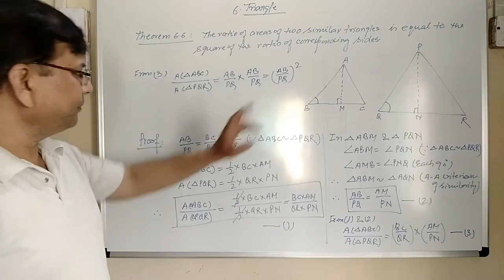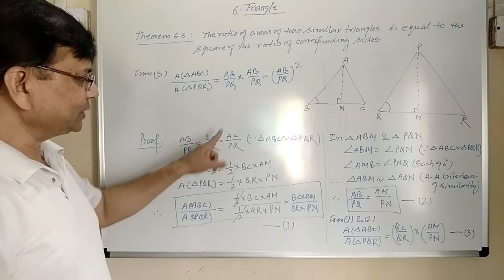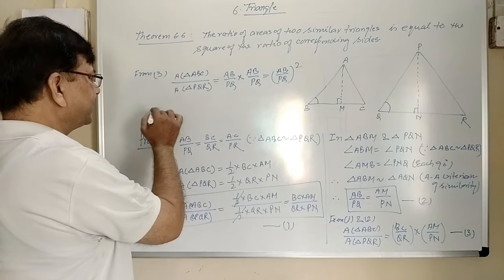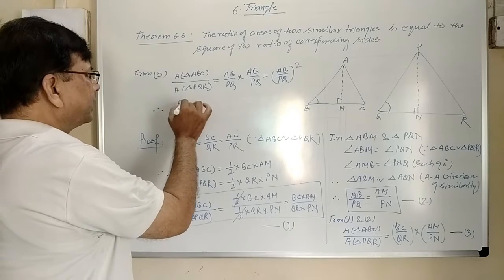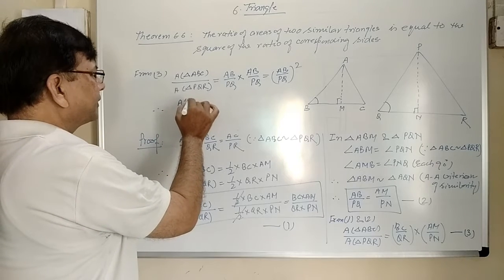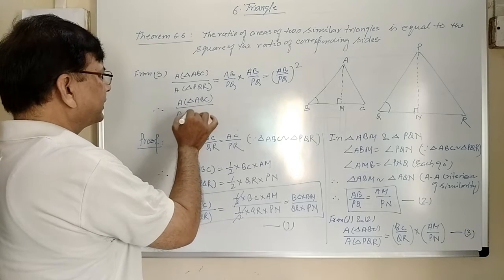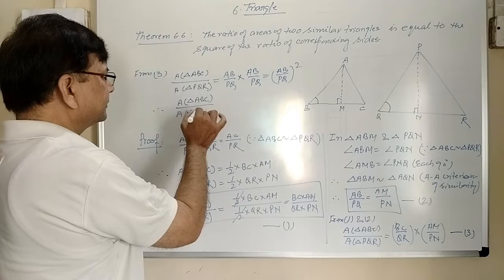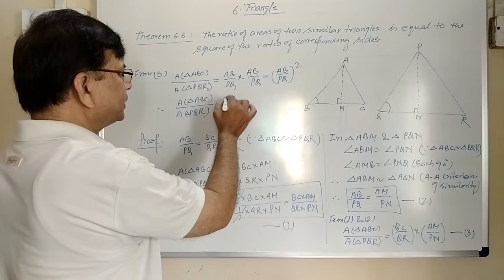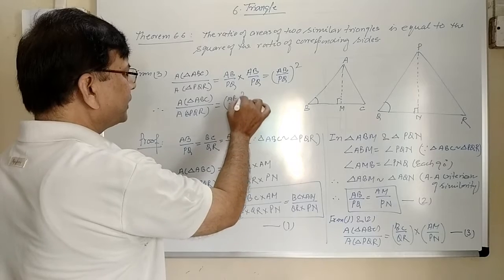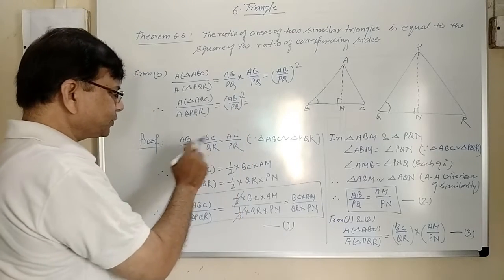Now, AB upon PQ is equal to BC upon QR is equal to AC upon PR. So, we can write the ratio of these two triangles. Therefore, the ratio of the area of triangle ABC and the area of triangle PQR is equal to (AB upon PQ) whole square,